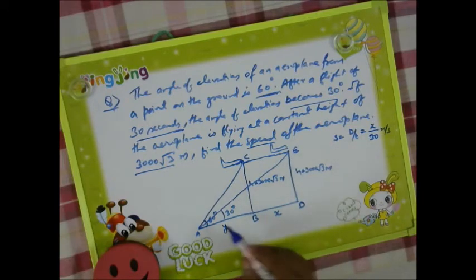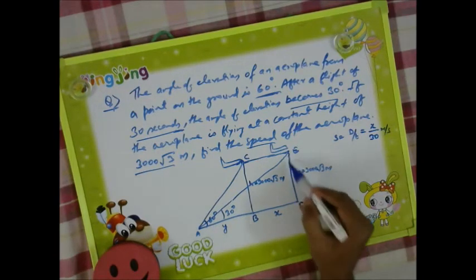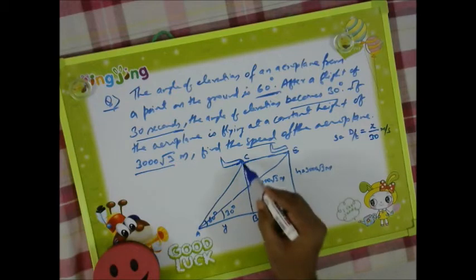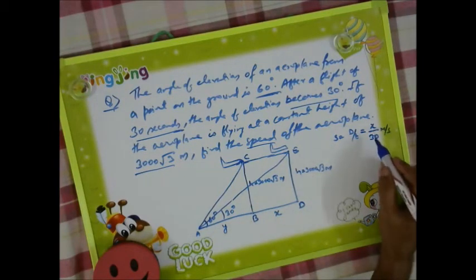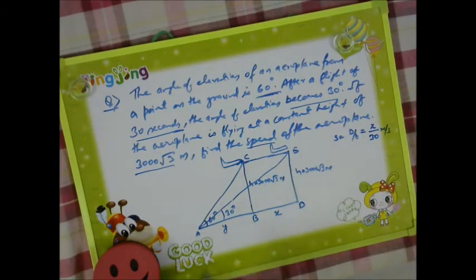ADE and ABC, and we have to use tan 60 degrees and tan 30 degrees because we are given this side. DE is already given to us, BC is already given to us. Our main motto is to find this AB and this BD. But our utilization will be for BD. In order to find BD, we have to find x also, y also.